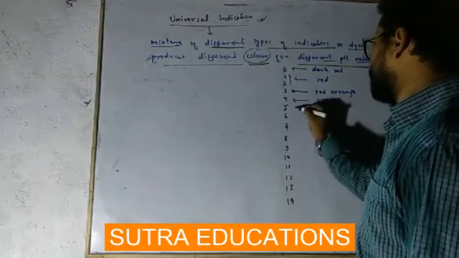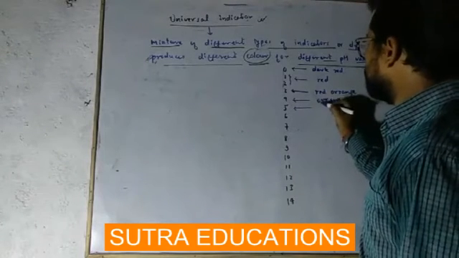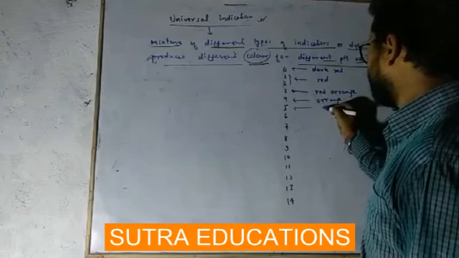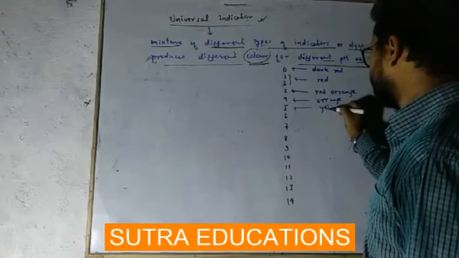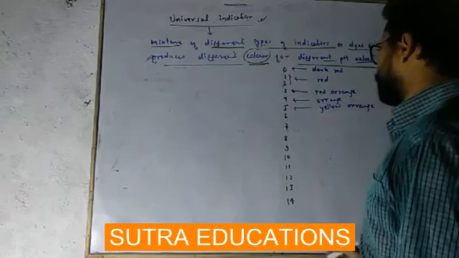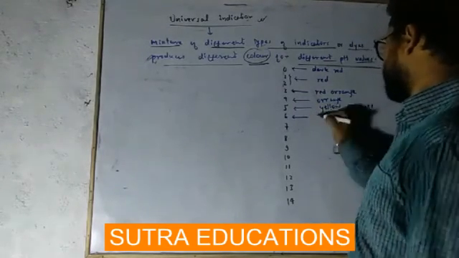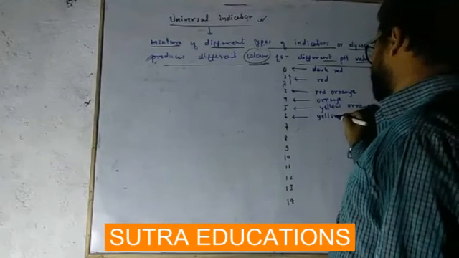For 5, we will say yellow orange. For 6, it is yellow. For 7 it is